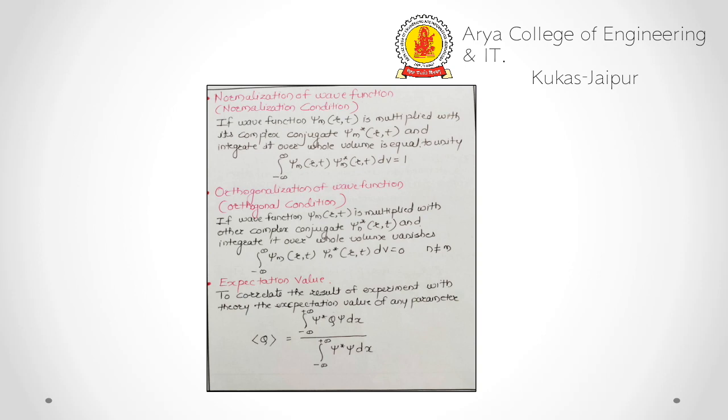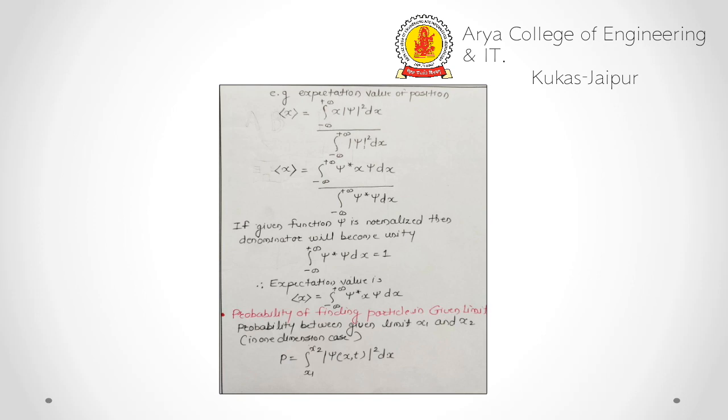If we want to find the expectation value of any physical quantity, here in place of Q we can consider any physical quantity such as momentum or position of that particular particle. So we can find the expected value of that physical quantity with this result. So let's apply it for position. The expectation value of position is given as